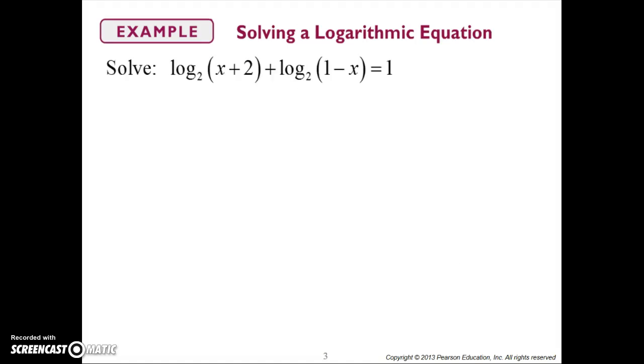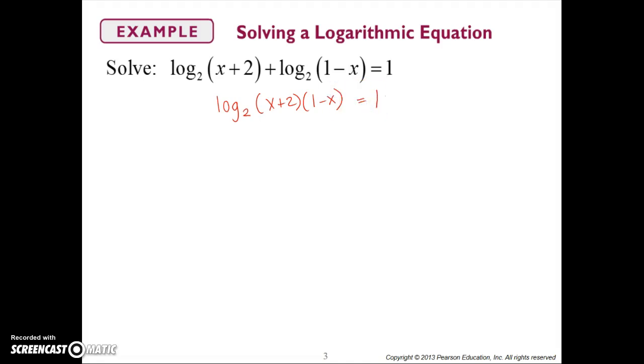Okay, so this brings us to a problem that looks like this. Log base 2 of x plus 2 plus log base 2 of 1 minus x equals 1. So in order to solve this logarithmic equation, again, we have two logs with the same base, so that's lucky. We can combine those logs, we can set them equal to each other, we can really do whatever we want with them because they have the same base. So if we use the product rule, do you see that we can consolidate this? We can make this into one log, writing this as log base 2 of x plus 2, 1 minus x,